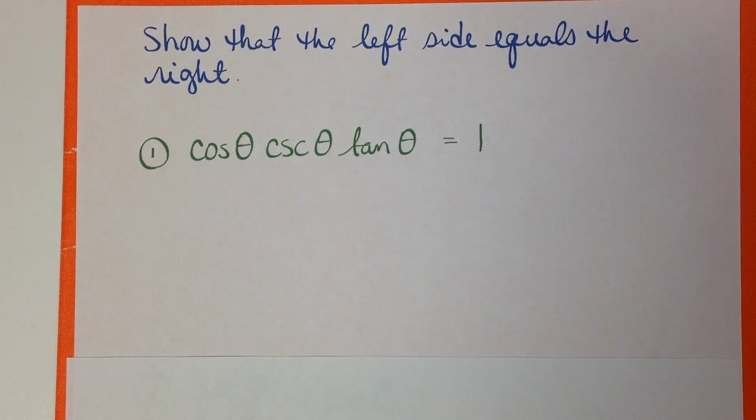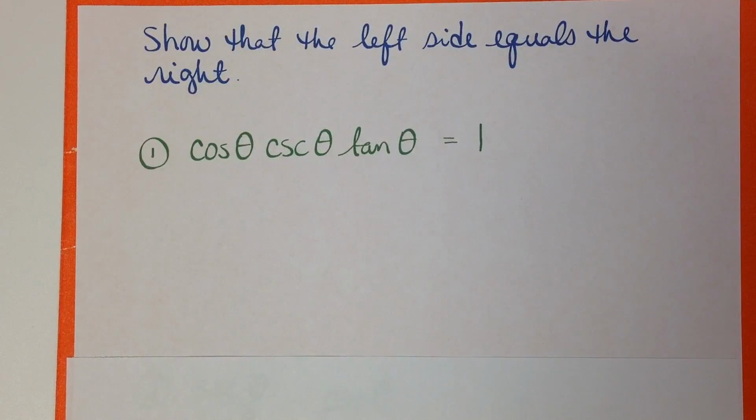Okay, now we're going to get into what is referred to as proving. Now, like in this case, it wants you to prove that the left side is equal to the right side, which means all of your work will have to be done on the left-hand side of all of these problems. Now, like in this case, there's not anything you can do on the right side because you have just a positive 1, but in a minute you'll see where there's things on both sides, but you're simply to work with the left side,